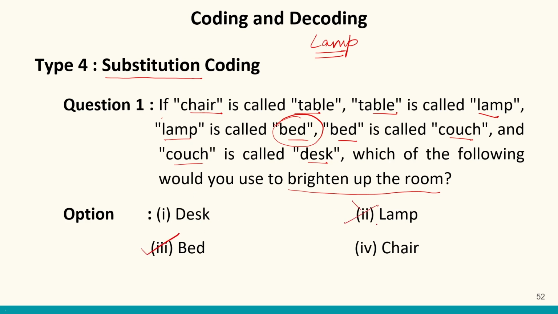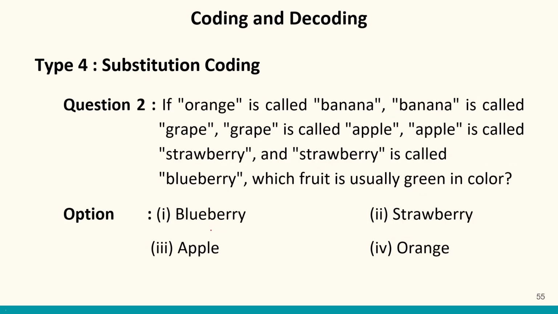We will not choose this answer. Lamp will not be my answer because in substitution coding, we have to look at the word which is used to substitute the word lamp, and in this particular question it is bed. So bed will be my answer, which is option number 3. Similarly over here,